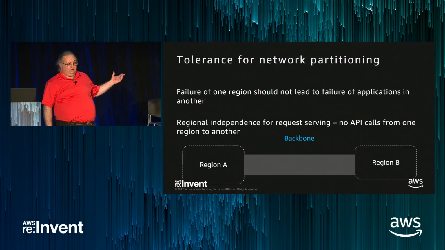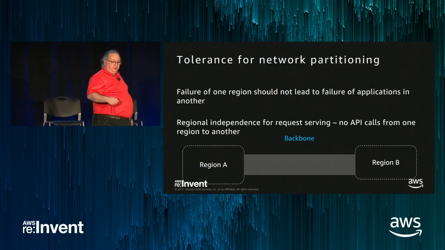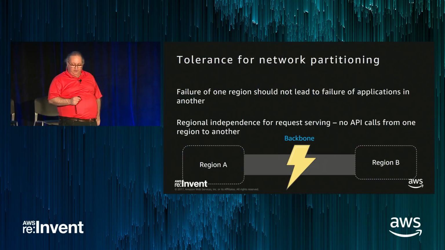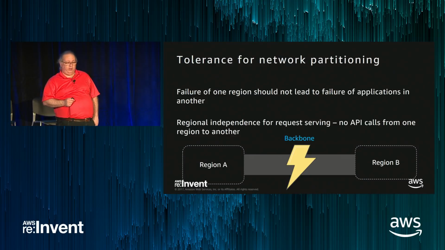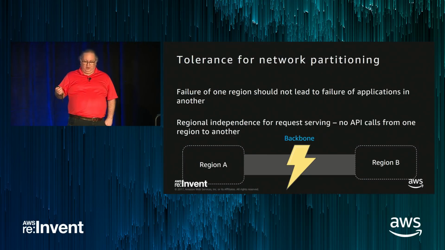That works great. How do you fix it afterwards? You've now got two different versions of the truth. They're not easy things to reconcile. So I don't have an easy answer for that. That's one of the things to think about. That's kind of the complexity that I'm fearing when the backbone breaks. Now, in the AWS world, does that ever happen? Well, it's incredibly rare, but that's the whole point of this sort of disaster recovery thinking, is think about those incredibly rare events.